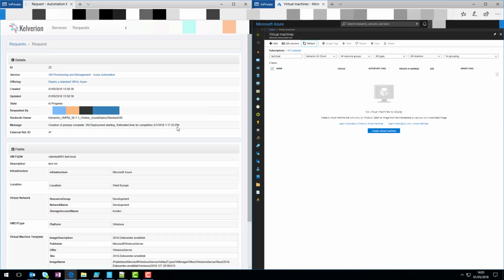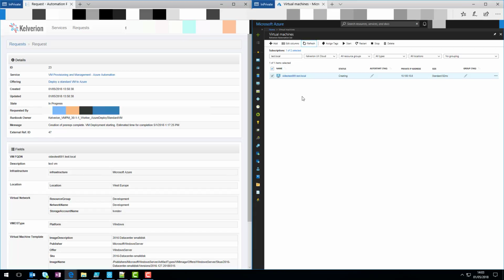It tells us that the creation of the prereqs is complete, and it gives us an estimated time for the completion there. If I go over to the Azure portal and refresh, I can actually see that that machine has started the creation process, and it shows a creating state within the Azure portal. Okay, so there's a few minutes to wait now. I'm just going to do a couple of quick refreshes and then we'll speed time up to save that lengthy wait. We can see now that it's changed to a running state,